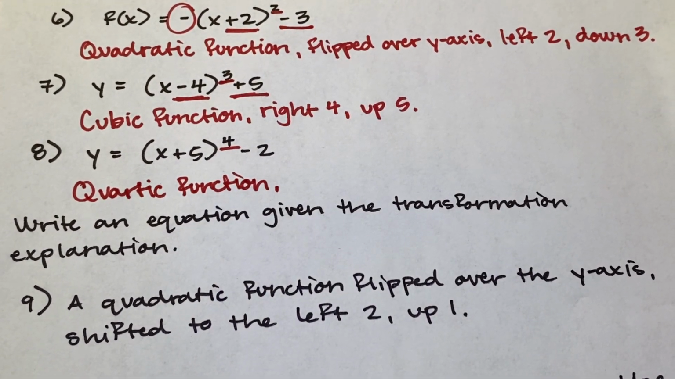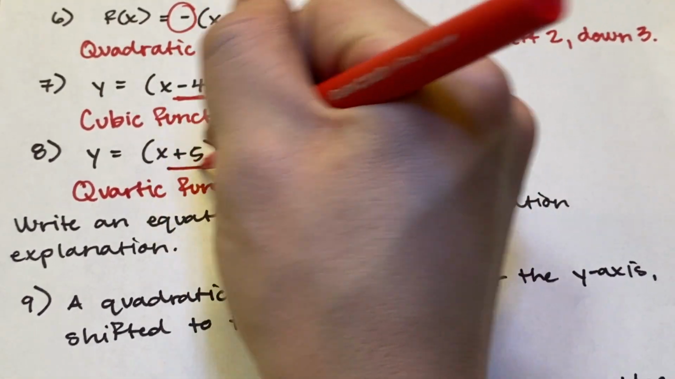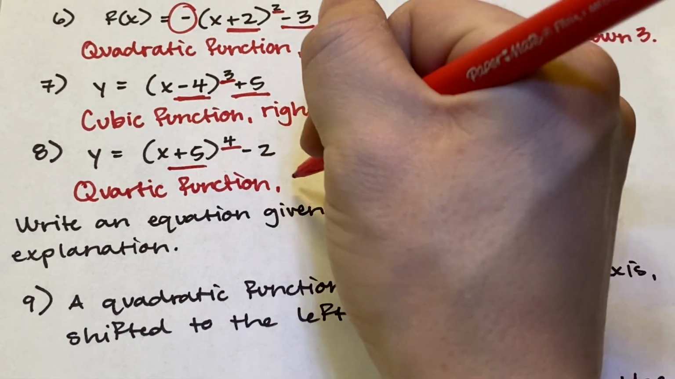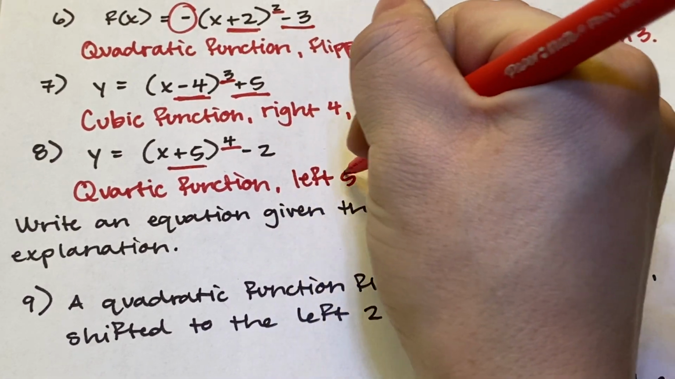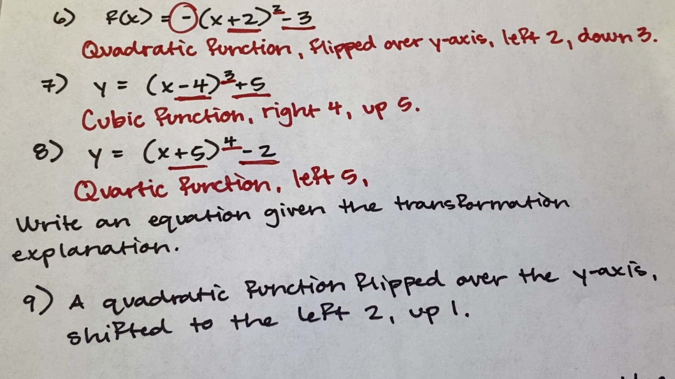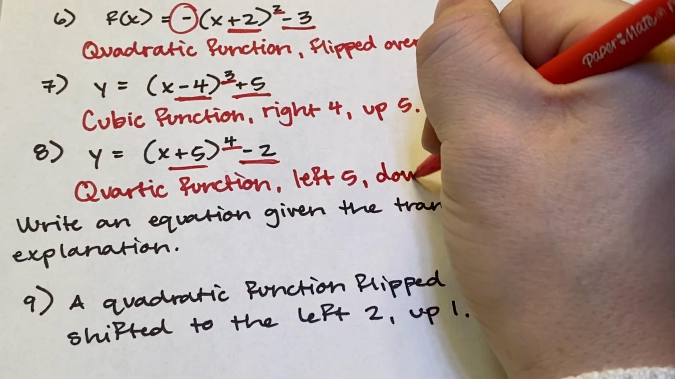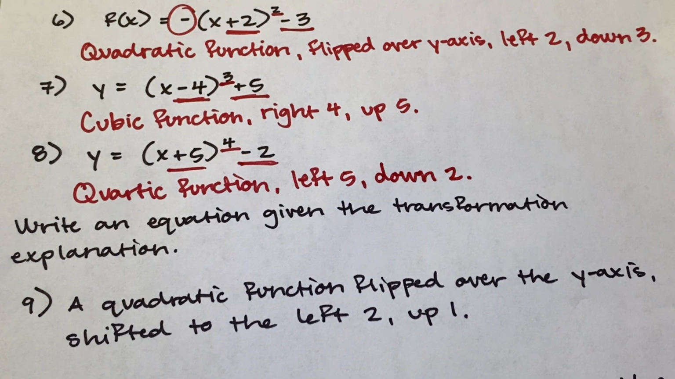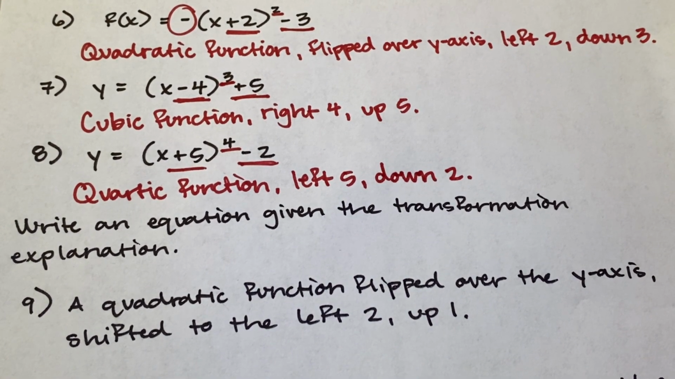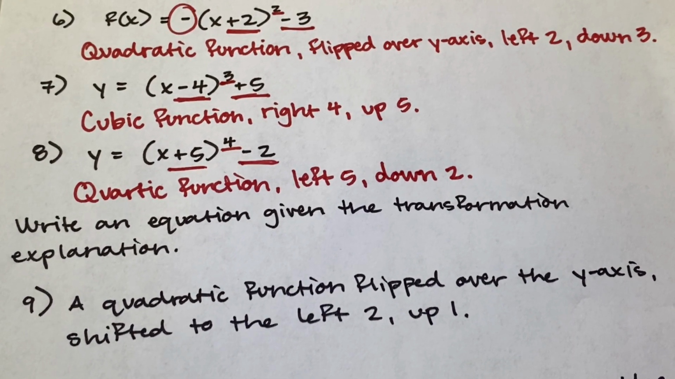Any negatives out front? Has it been flipped at all? Nope, no negatives. Inside is left and right. Did it go to the left 5 or right 5? Left 5. And on the outside is up and down, up 2 or down 2? Down 2. Beautiful, beautiful. Okay. All it wanted you to do was explain in words the transformations that have been added